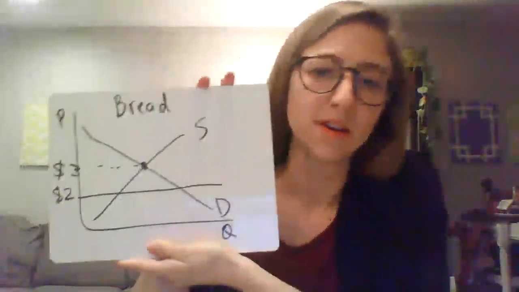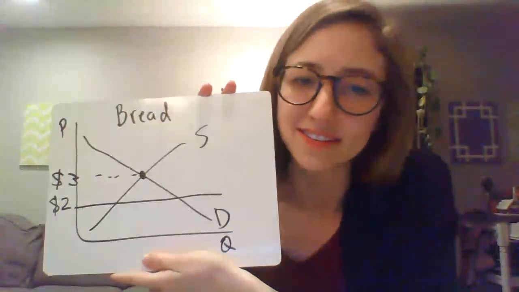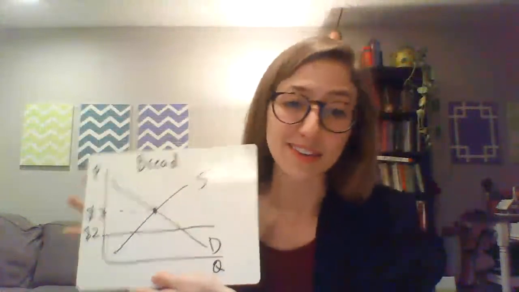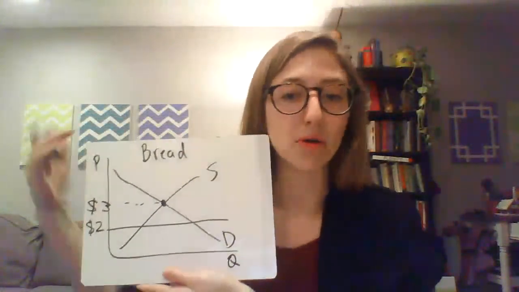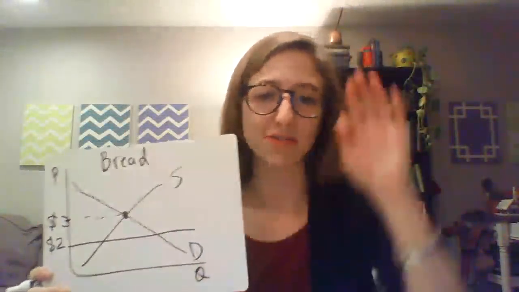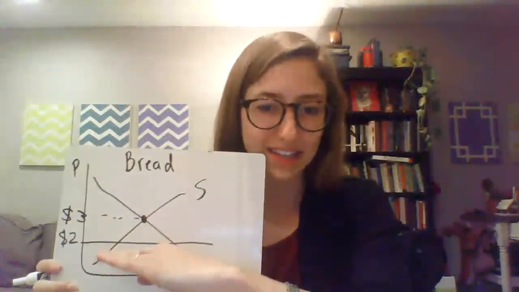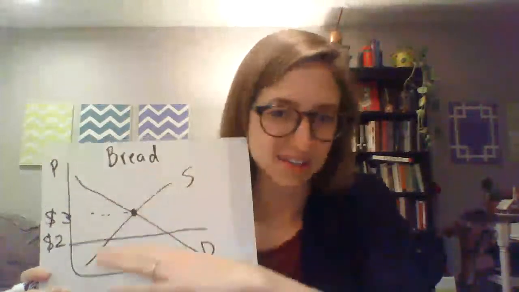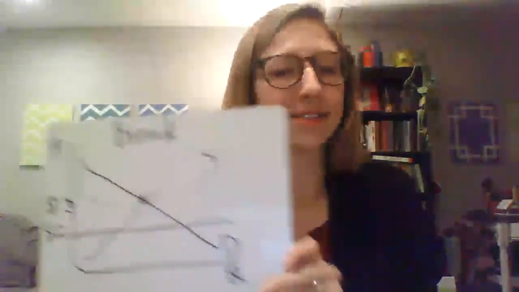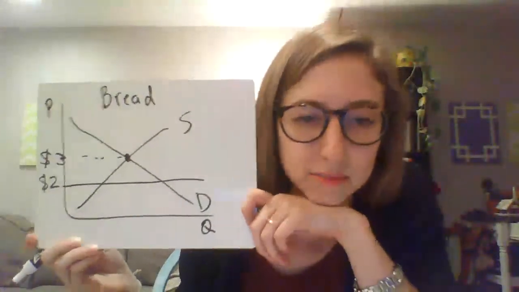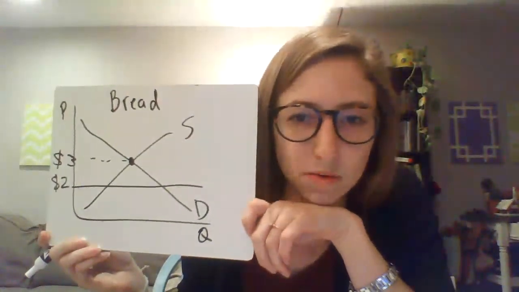Okay, so if it's illegal for the price to be more than $2, then that's going to pull this price out of equilibrium. So remember, floors up high, ceiling down low. Okay, so to make a difference, your price ceiling, the maximum price, has to be below equilibrium. Okay, so go ahead and take a second and do your quantity demanded and quantity supplied. Okay, so where this price